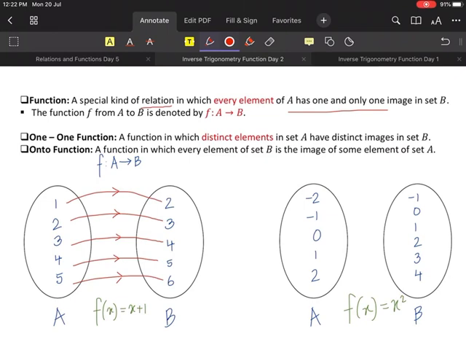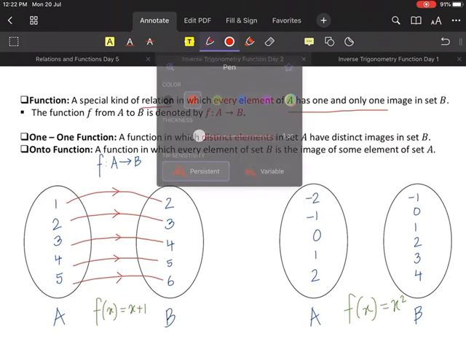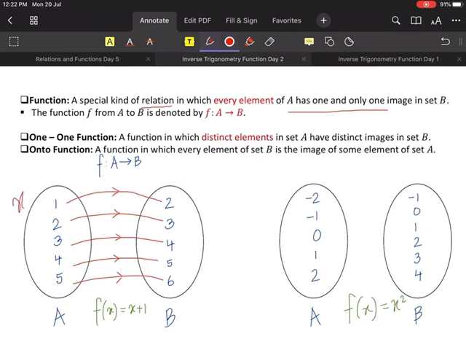Clear? Now I am defining a function. f(x) is equal to x plus 1. Basically in functions, these values give you the x, and these values give you f(x), or you can say y, just like the previous sine function. When x is 1, what is f(x) equal to? 2. That's why 1 is mapped with 2.